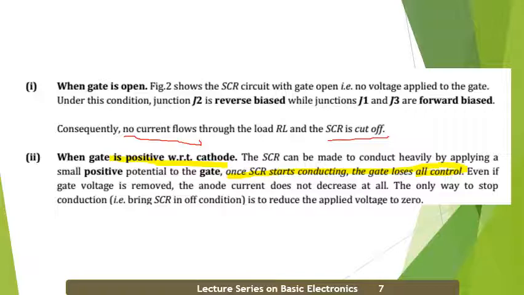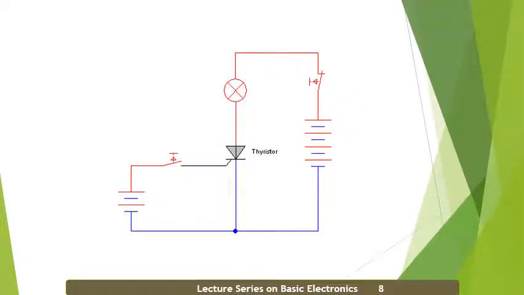Or else, if you want to turn it off, we use a circuit called commutation circuitry, which is used to turn off your SCR. The commutation circuitry will have an inductor, a capacitor, as well as a transformer. Using all these, we will turn off your SCR. So this is the animated video of what happens to the SCR and how it works.